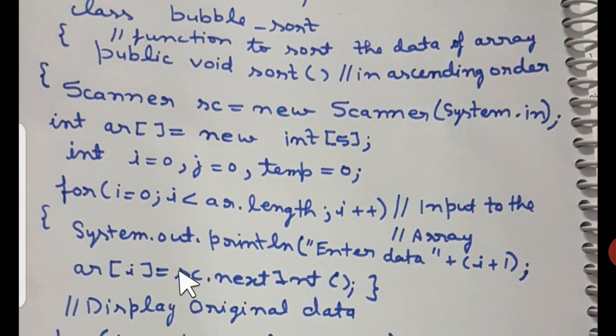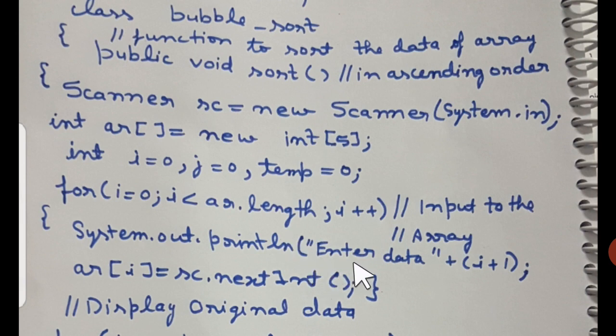After that, students, we input the data. So i equals 0 semicolon, i less than ar dot length semicolon, i plus plus. So loops have three parts: initialization, test, and update. So we have to enter the data right from the 0th index to the last index, that will be ar dot length minus 1. So I put less than, so automatically that will be taken as minus 1. Alright. So if the size is 5, so 0, 1, 2, 3, 4, all the data will be stored.